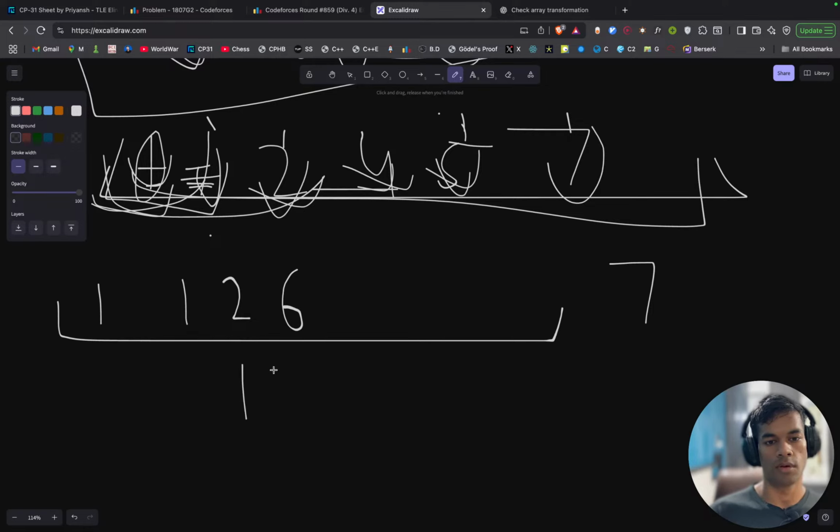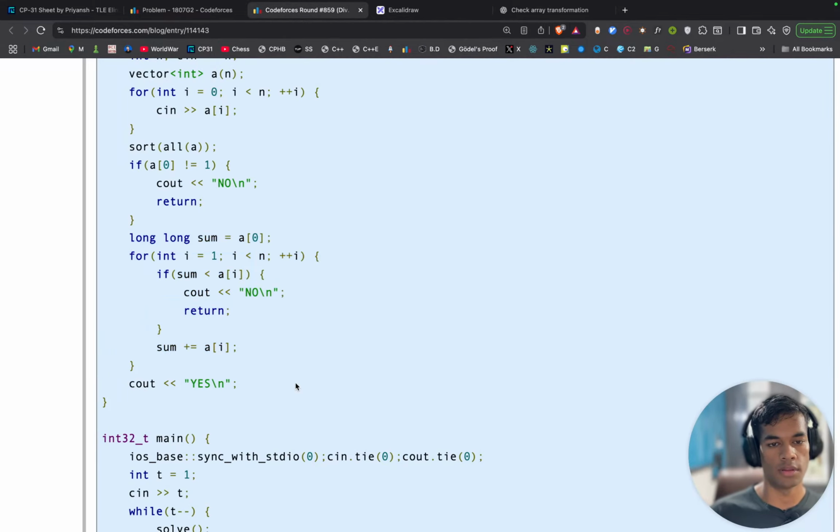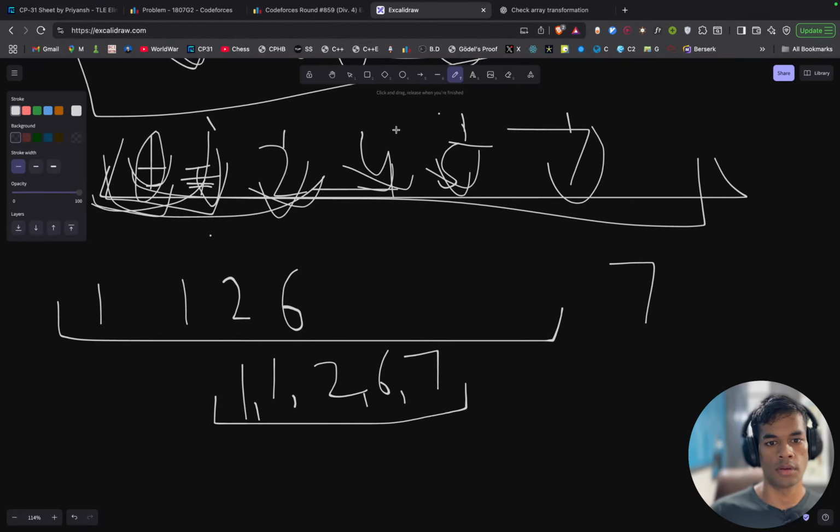Yes. 1 1 2 6 7. This array of numbers, this will pass this test, but it will